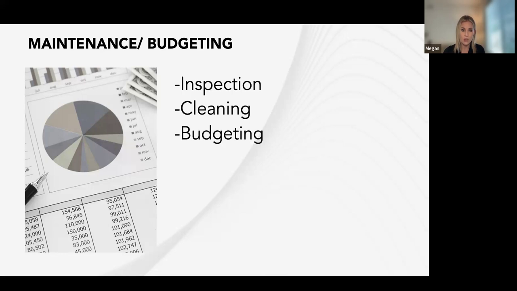Another thing that I see a lot of times is communities aren't funded for any plumbing project. So I would recommend that all HOAs look at their reserves and make sure that they have that budgeted in there. So if there is a replacement or pipelining needed, they can complete the project without having to go for a special assessment or loan. And then also making sure you have that emergency funding in there for anything that comes up that's unexpected.